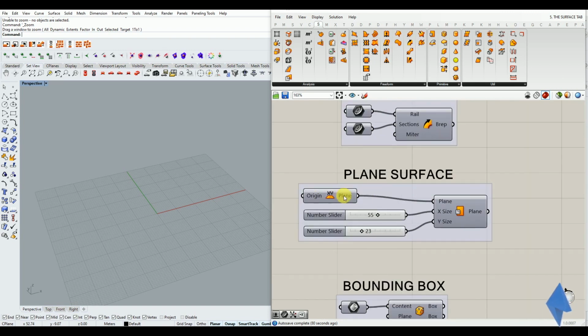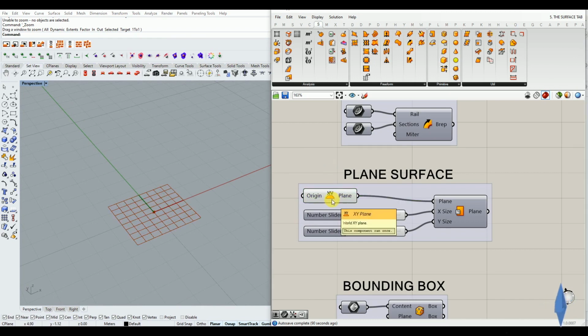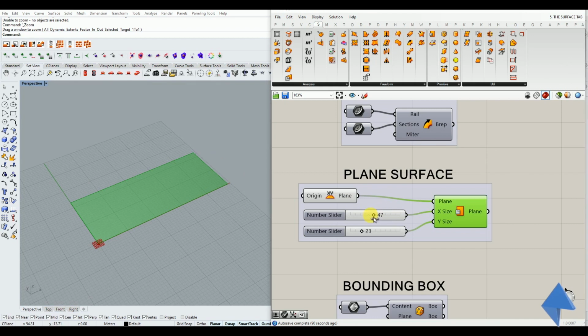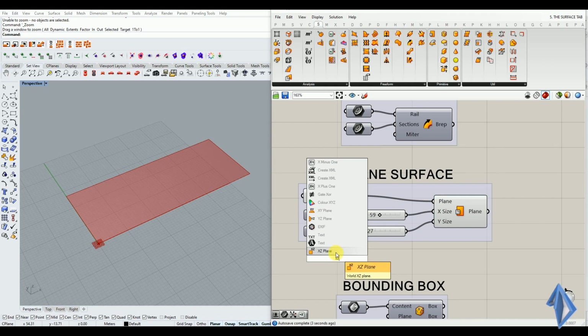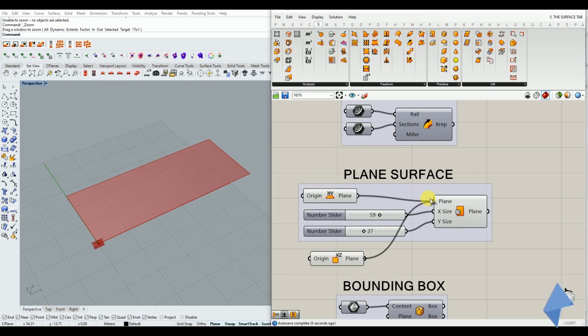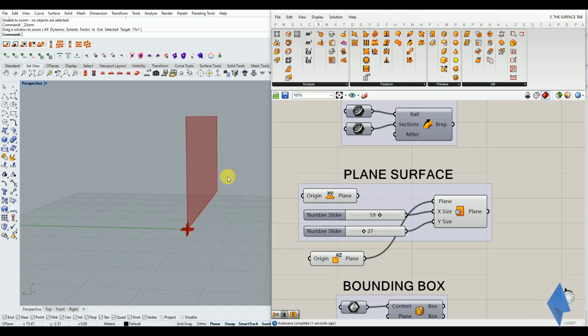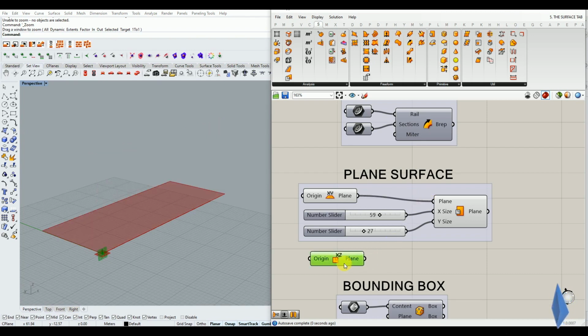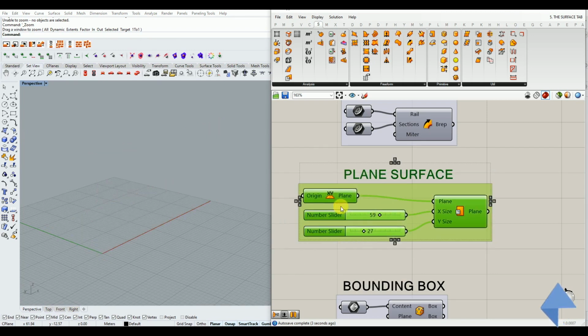So now let's take a look at plane surface. You basically input a plane and the x and the y size and it creates a surface out of it. So if I would have inputted the xz plane, it would have created a surface on the xz plane. Right now I've inputted the xy plane and given it a size of 55 by 23. It will create a rectangle of 55 by 23 like this. You can control the x and the y size of the surface. So if I double click and type xz, and bring in the xz plane, and input it inside plane, you see it creates a surface on the xz plane. So I'll plug this back in and delete this, and I'll place all of these things under